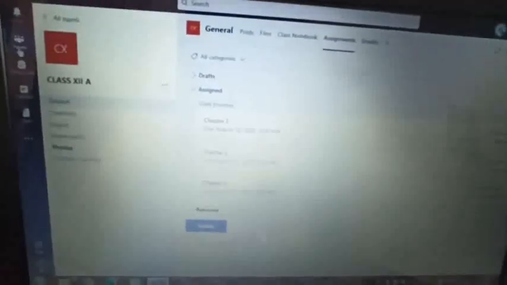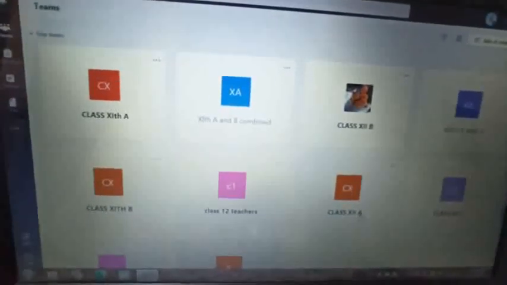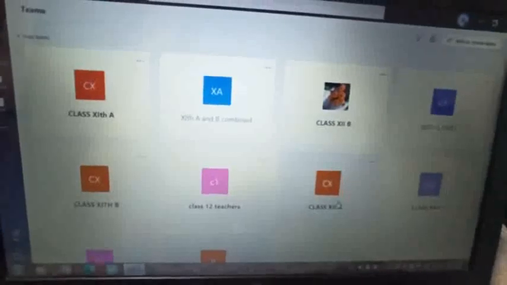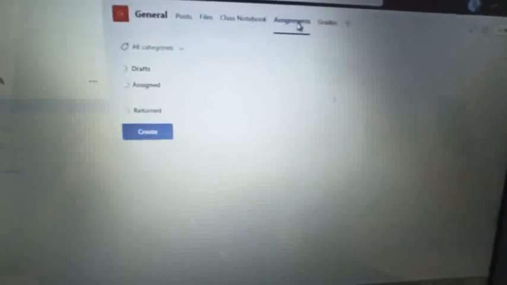Now in continuation, our paper was made and saved. Now we will discuss how to share it with the students, how to publish it for the exam. So again you have to follow certain steps which are the same as before. You again click on Teams, then select any of the teams, irrespective of the class. I have selected one. Then again you click on Assignments. These steps are the same as paper making.